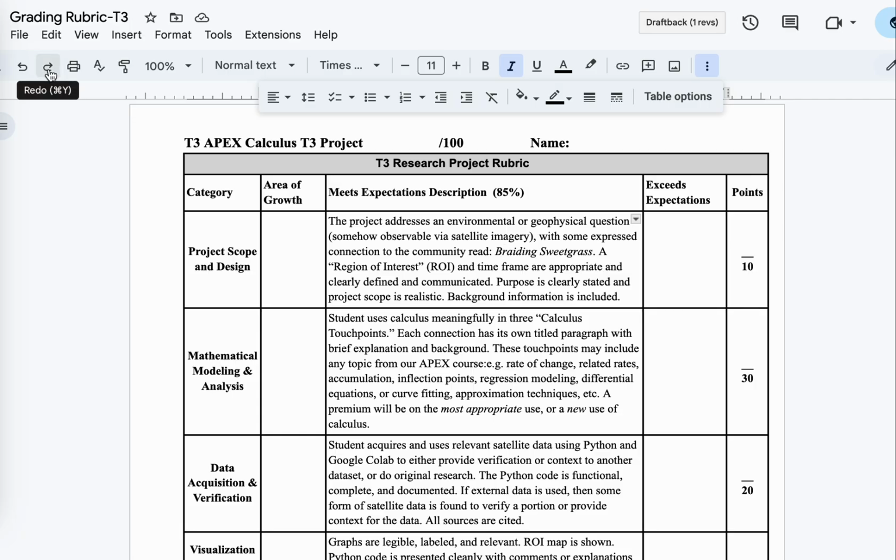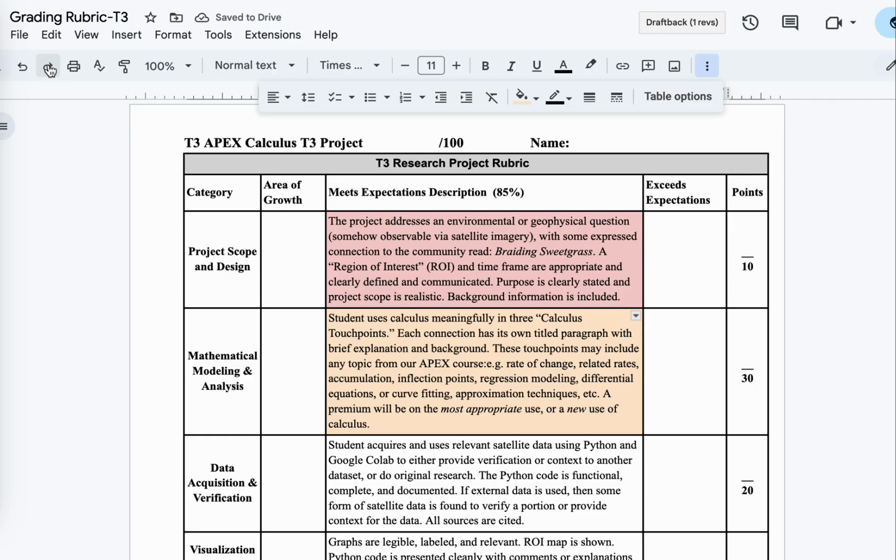If we look at the project scope and design, you've been filling out the worksheet, and I'll give you some feedback on your progress. Definitely you want to have some sort of environmental connection. That's what the purpose of this is, inspired perhaps by Braiding Sweetgrass. But just make sure you've got a pretty clearly defined project in terms of its scope and what you're really going to study. Clearly state your purpose and provide some background information for your project. Then